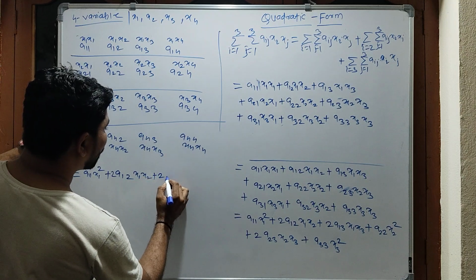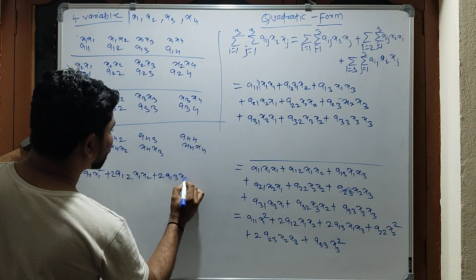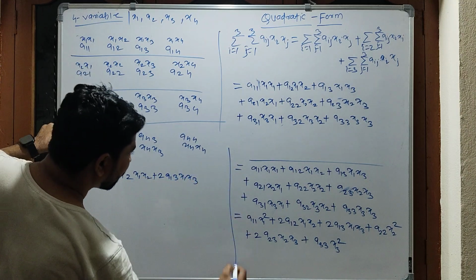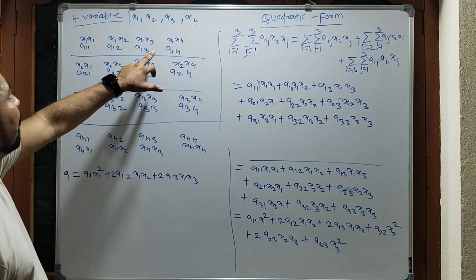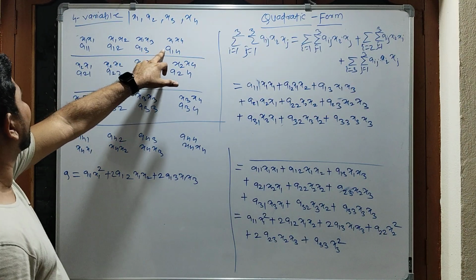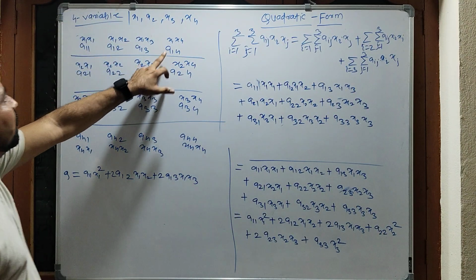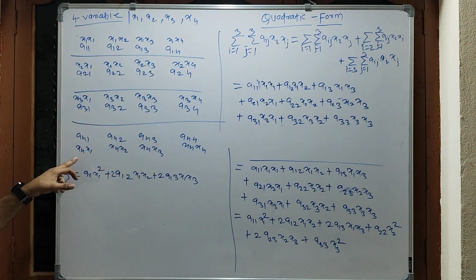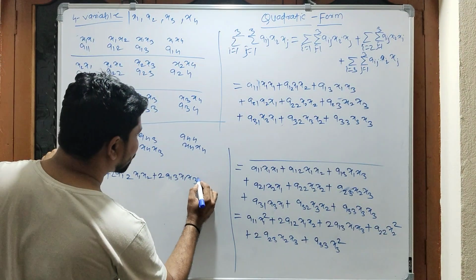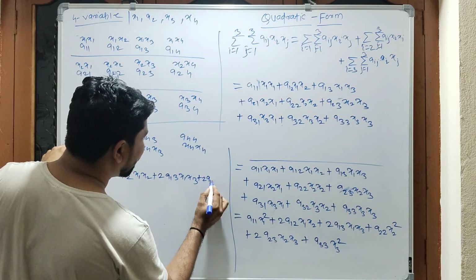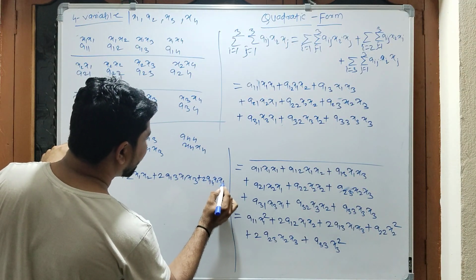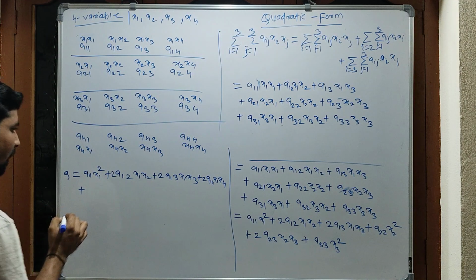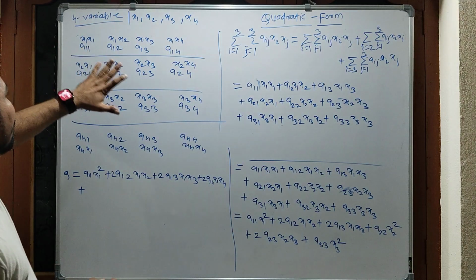That's why here I am writing 2 times a13 x1 x3. So here this is a14. A14 is the same as a41. So here I am writing 2 times a14 x1 x4 plus